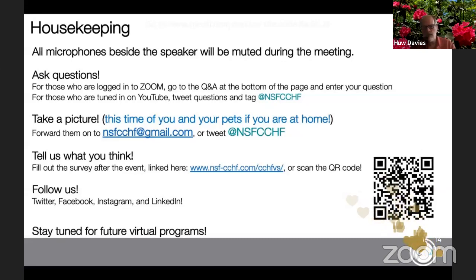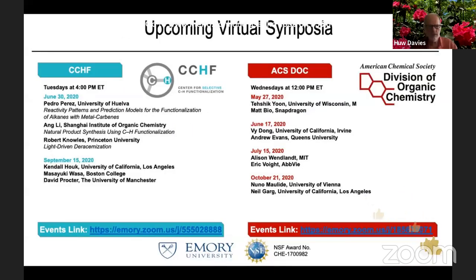We actually have a series of meetings coming up these days. So next slide, please, Rio. We've actually teamed up with the ACS, the Division of Organic Chemistry. We technically run the meetings for them, and they have also expanded tremendously their programming as well. So we have 2 CCHF events coming up in the next few months. And then the ACS Division of Organic Chemistry has their own events as well. And do notice that the links for the meeting are different, and their time of day is different as well. But we encourage you to come to both of those